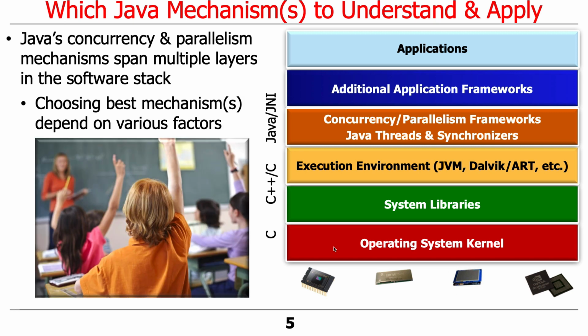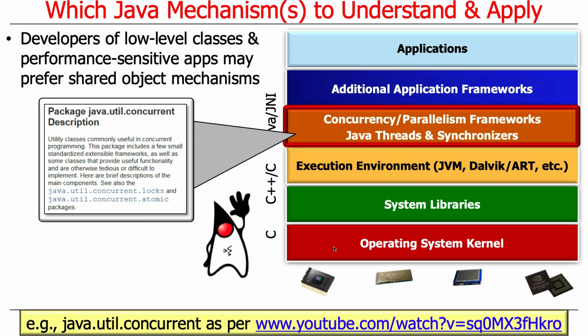So the question arises, whenever there are multiple choices, which are the best choices? And as usual, the answer depends on what it is you're trying to do. If you're trying to build performance-sensitive applications, maybe video games or mobile games, then you want to choose certain mechanisms that have very low overhead, because you don't want to incur delay or add additional jitter to your experience by users. Likewise, if you're trying to build lower-level classes, the intent of which is to provide the